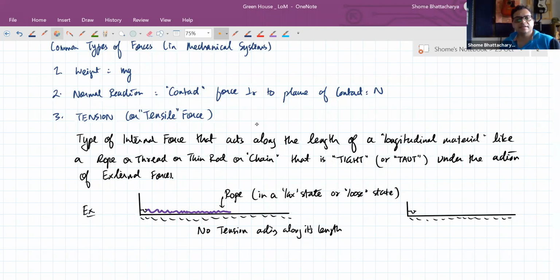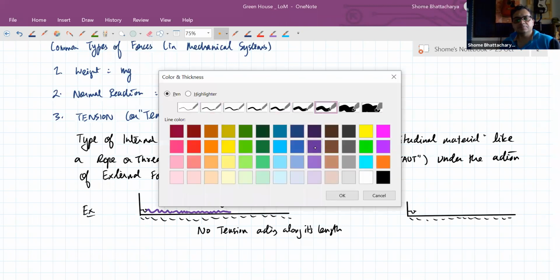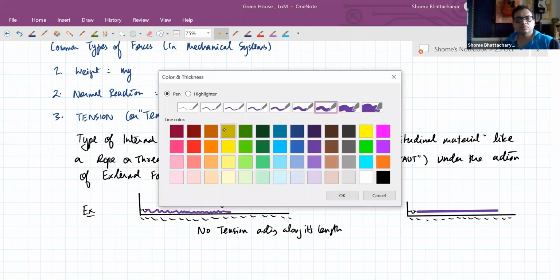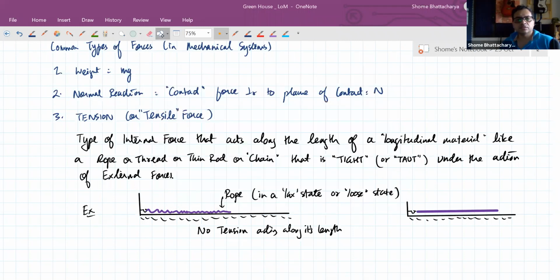So what we'll notice when that happens is that, first of all, the shape becomes straight. Geometrically you can see it is not loose like this, the shape is not zigzagged. It develops a longitudinal straight shape like this because of the action of force. Of course this will happen only when we bring it into what is called the taut state or tense state, by applying some external force.